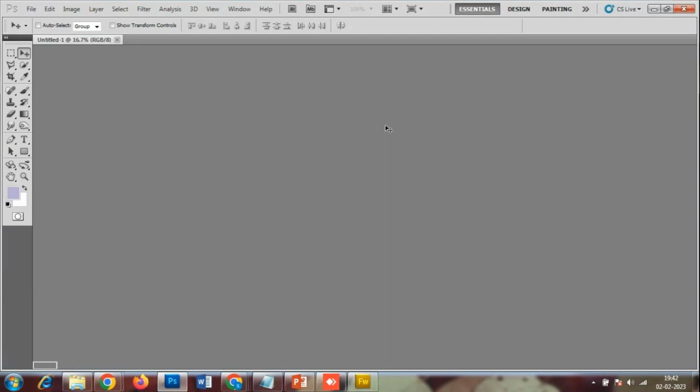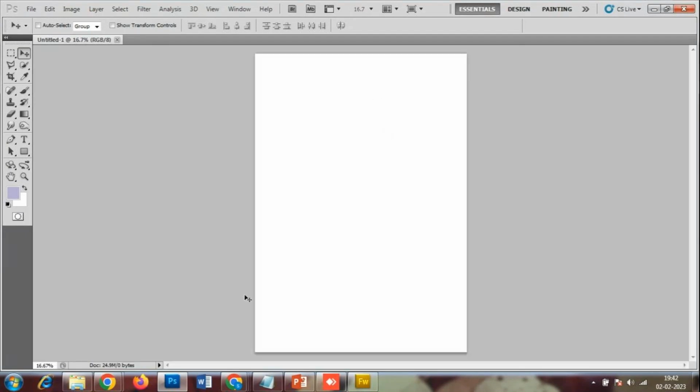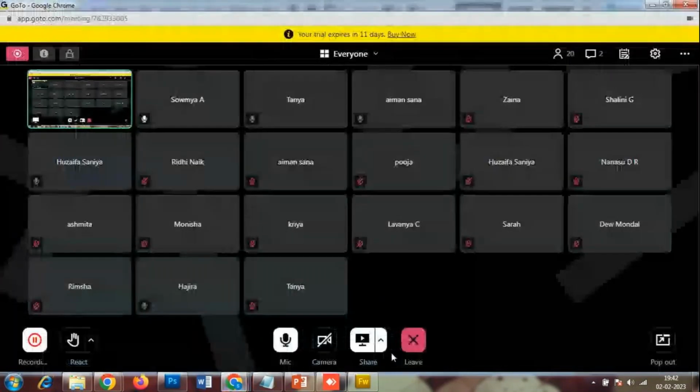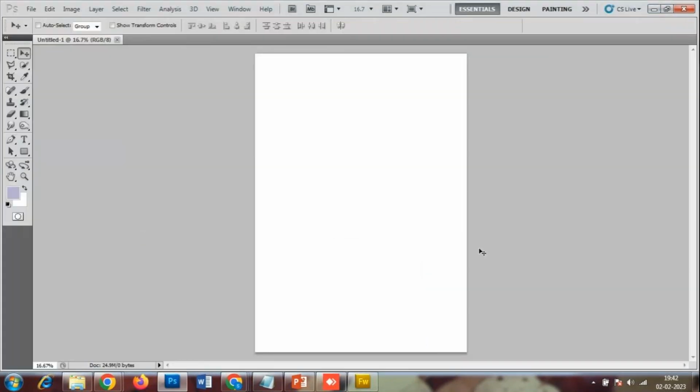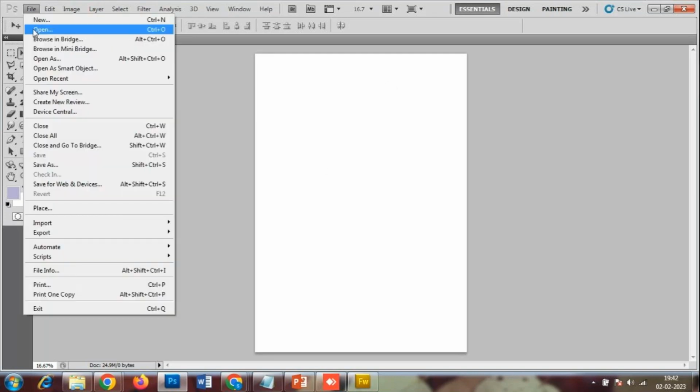Okay, so this is my blank screen and this is my work area. Before I start any work, I need to take some images, because only then is it possible to work. I have downloaded a few images. I'll just go to File, Open,